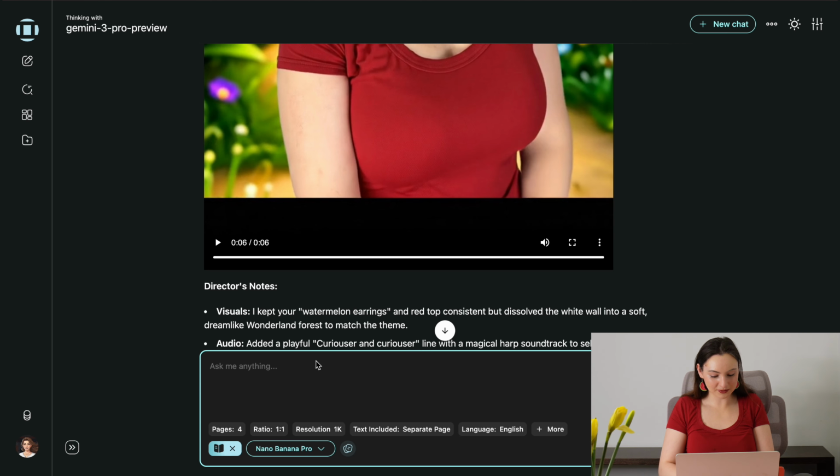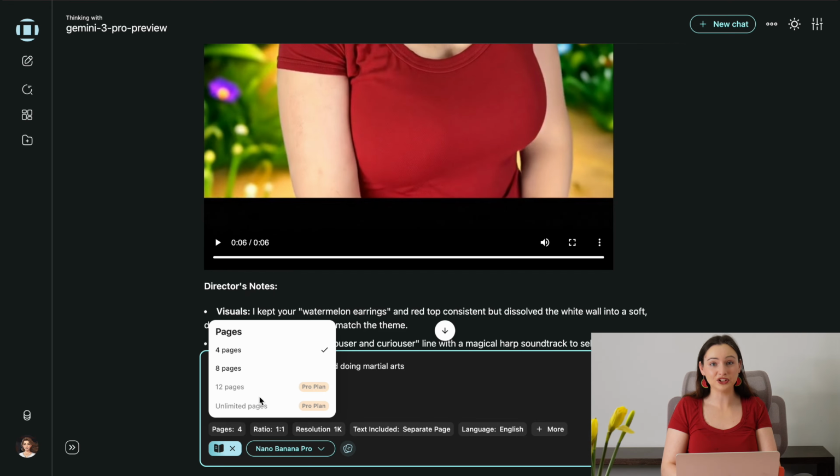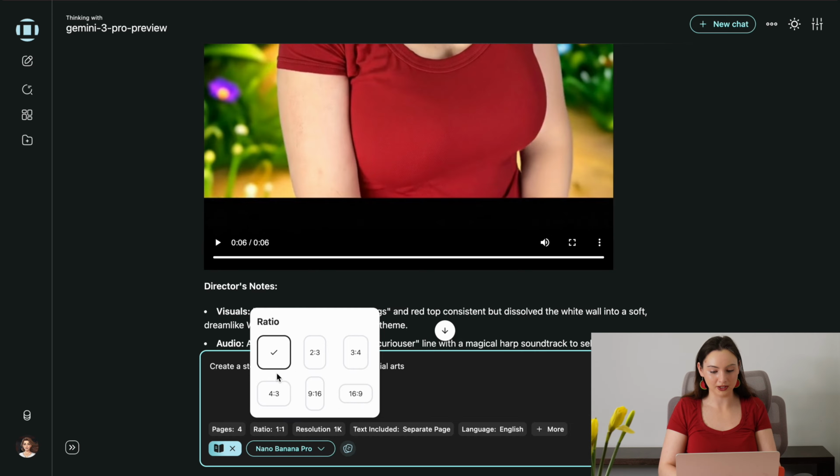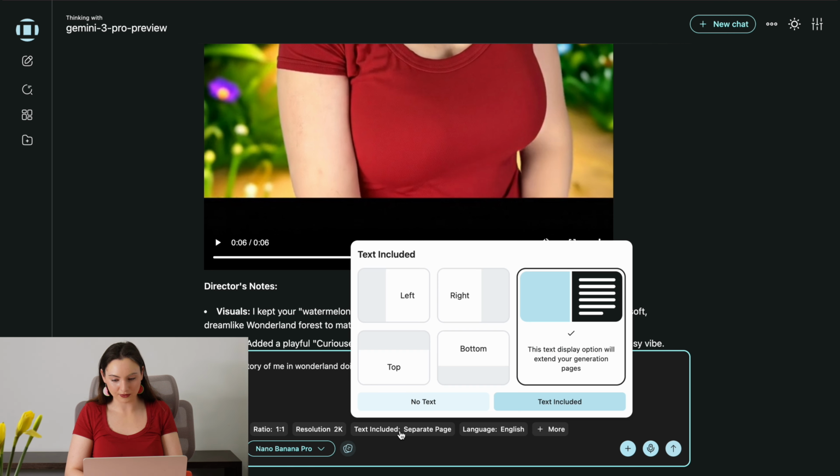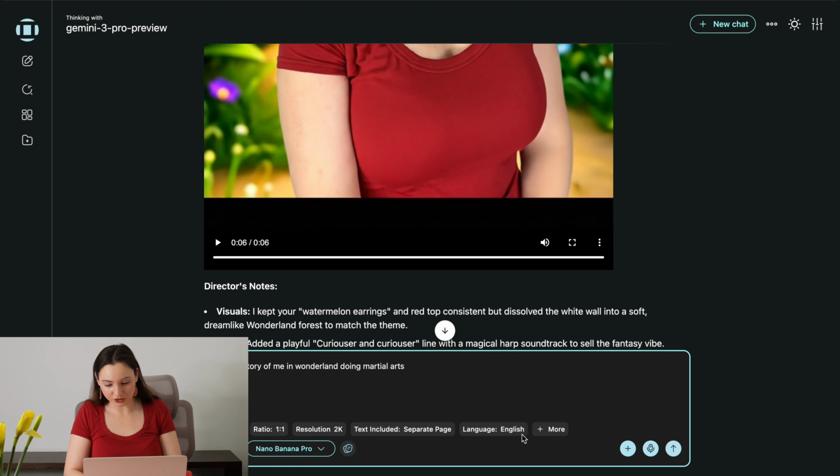Now, I'm going to say create a story of me in Wonderland doing martial arts. Okay, so we can have up to 12 pages, even unlimited pages. So the ratio I've picked is 1:1. I think that'll fit mine very well. Resolution, let's do 2K. And I prefer to have it on a separate page for the text. My language is English,